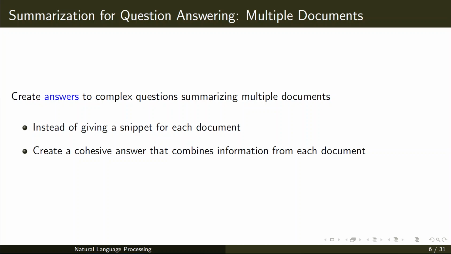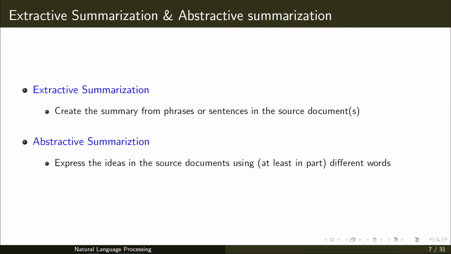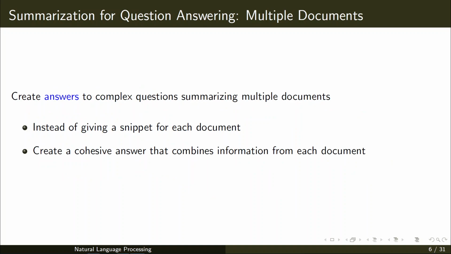Instead of giving a single snippet for each document, create a cohesive answer that combines information from each of the documents, by taking different sentences or different text from different documents, combining all these things, and reordering, etc.